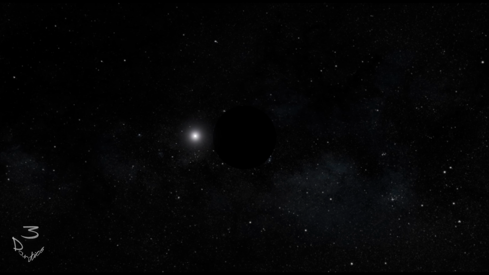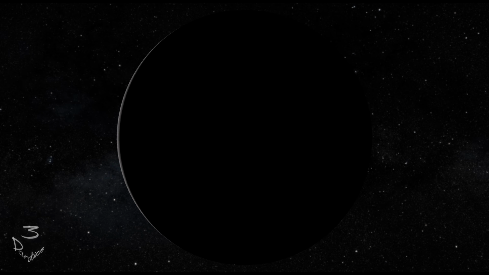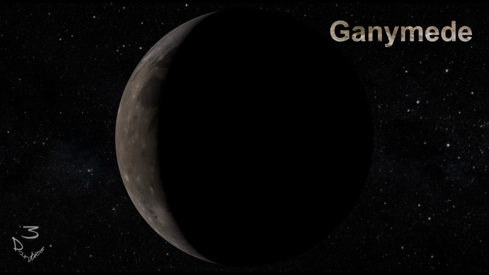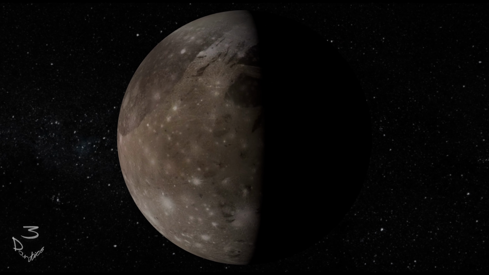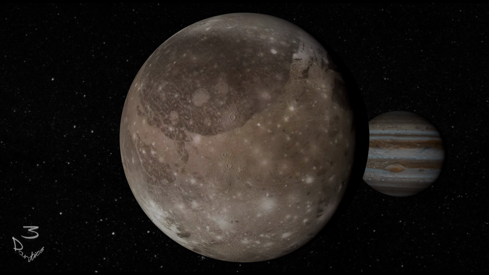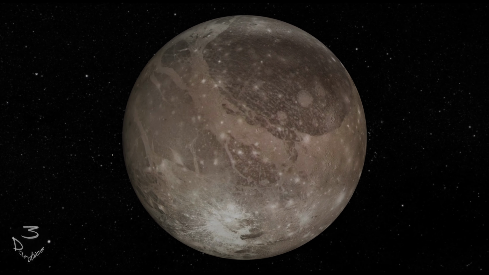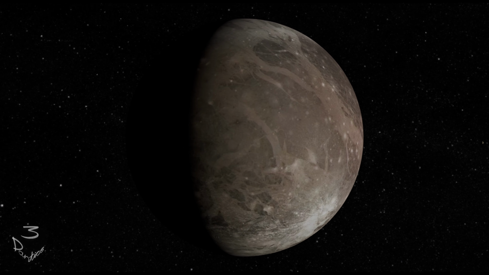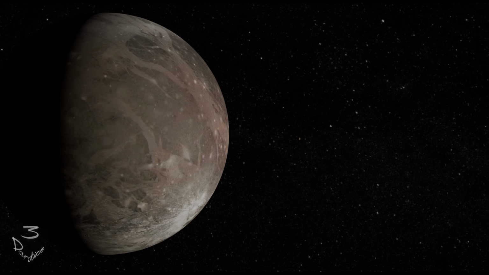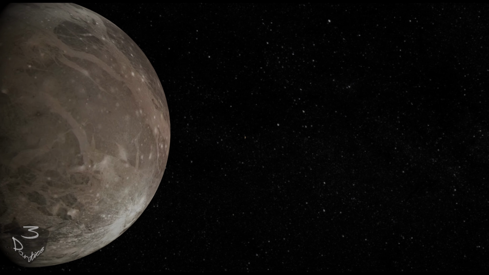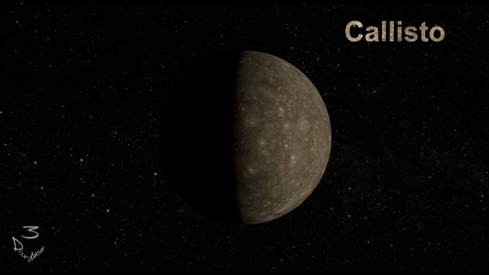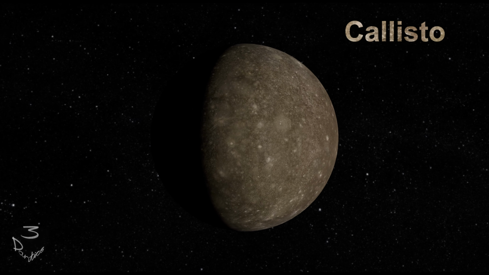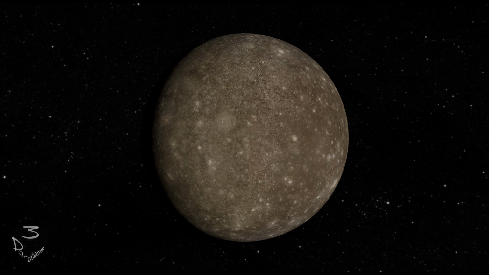It stands to reason that the largest planet should have the largest moon, and Ganymede is it. At over 5,200 kilometres across, it's bigger than Mercury, though only half as heavy. It is also the only moon to have a substantial magnetic field. Lastly, Callisto, the oldest and most heavily cratered object in the solar system.